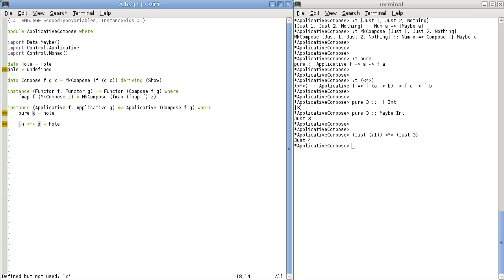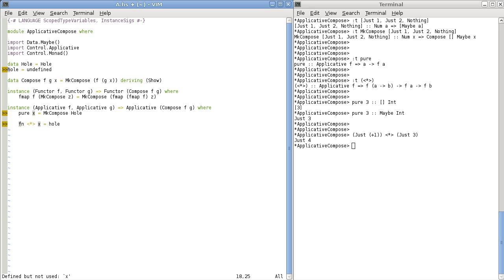So the first thing we'll do is change that to a noisy hole, and I'm using GHC mod vim, so as soon as I save I'll get an error message here, and it tells us that it couldn't match the expected type compose F G A with the actual type of hole. So the only way we can create something of type compose F G A is to use our data constructor, so we'll just put that in. That type checks so far,